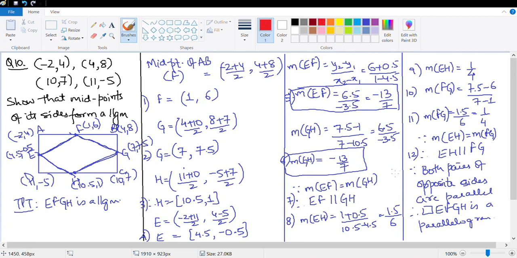Let's look at some homework questions for you. Let me just write the homework questions. Homework question for you would be question number 4, part 1, question number 5, part 2,